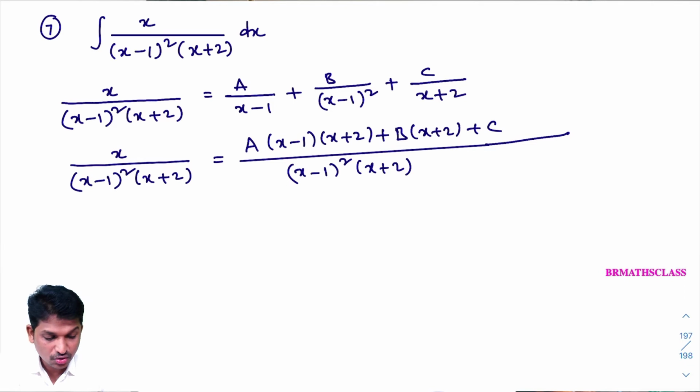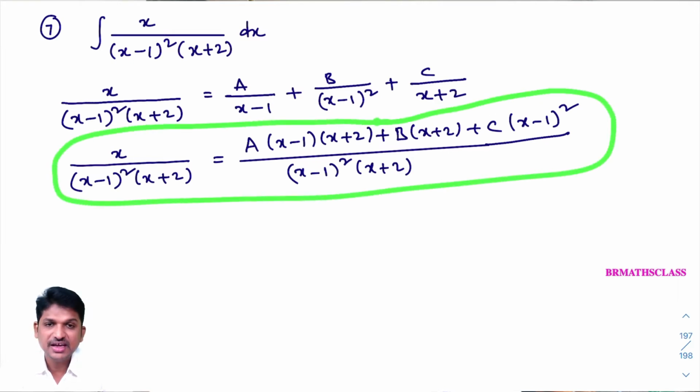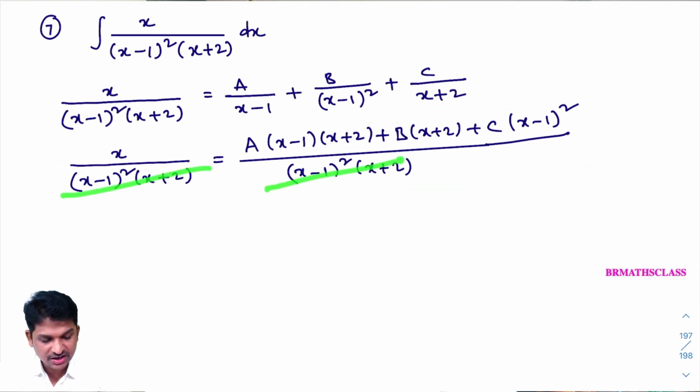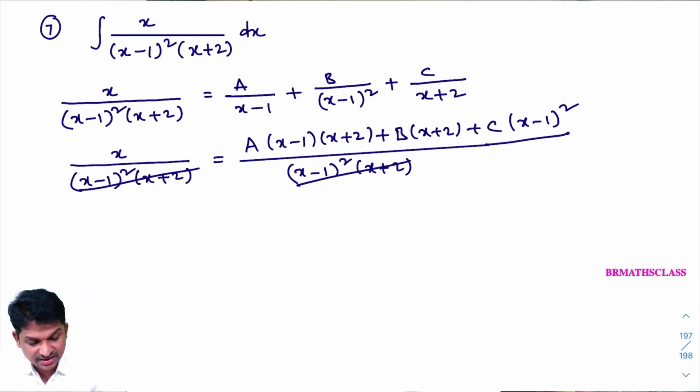X minus 1 whole square. Right? I hope you understand how we got this. This is basic thing only. In earlier classes you already learned all these things. Now what happens? This x minus 1 whole square x plus 2 will get cancelled. What is remaining? X equal to a into x minus 1 into x plus 2